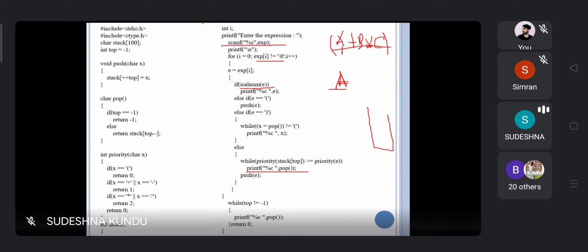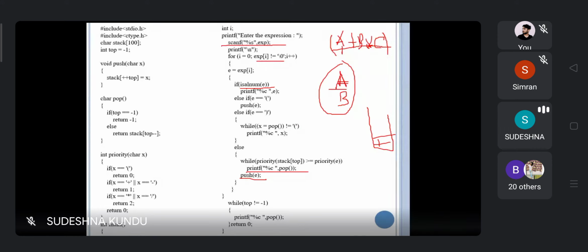So whenever we are getting some operator, we need to check the priority. Since there is no previous operator, it directly pushes the element into the stack. So plus is over here. Now whenever you get B, it is directly printed onto the screen.